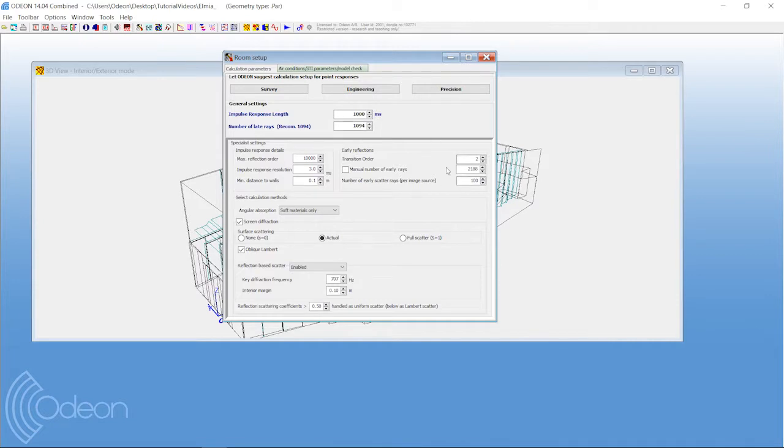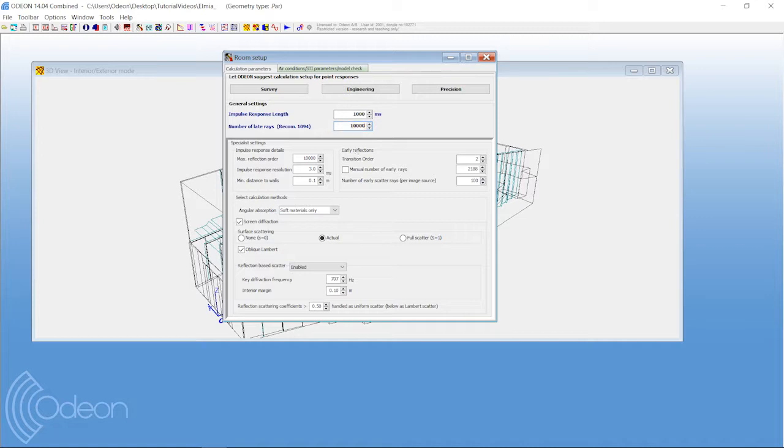Normally the early reflection is set to be automatically chosen, but the number of late rays you should manually choose. There are three buttons where you can choose between survey, engineering and precision, and you can see that the number of late rays will change. It's not always enough. If you have coupled spaces, a more special case, or very uneven absorption, please set it higher. Even though you just want engineering, I would double it if you have a special case like that. Actually, because most computers are quite fast, I often go for precision and then say half of that.